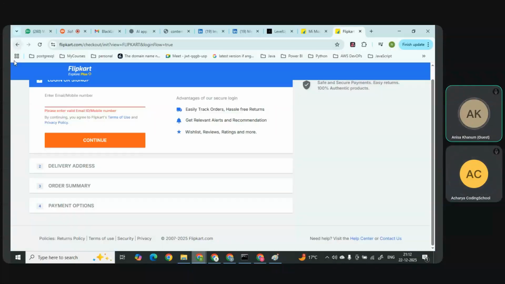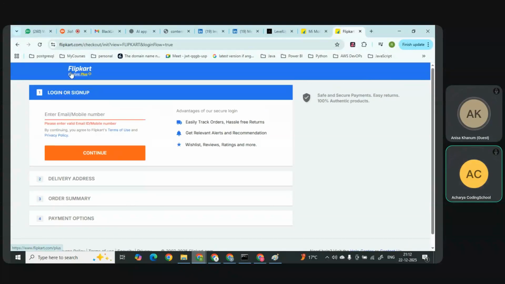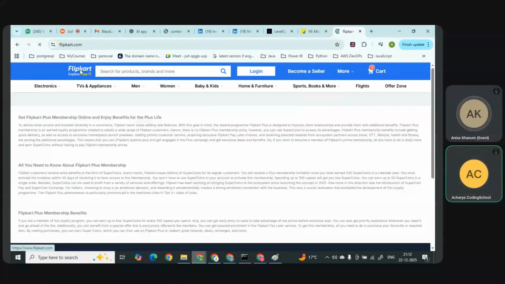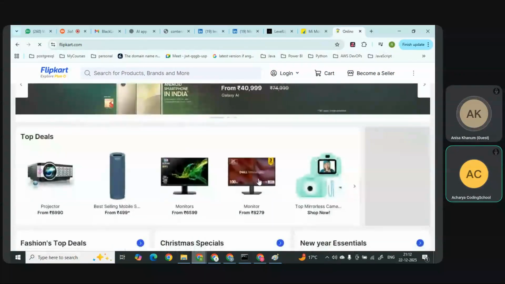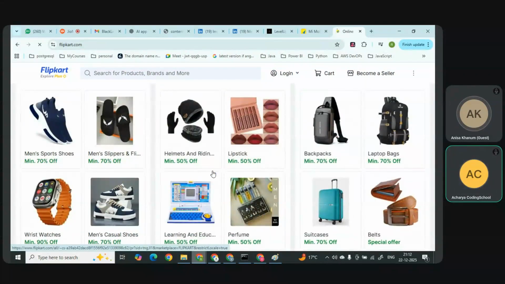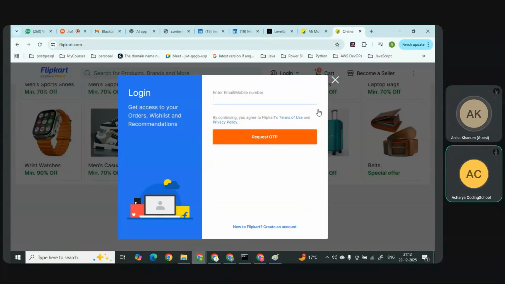In Flipkart, you have a blue background, white color, some orange text, and a lot of UI. Everything you are seeing in the front end can be developed easily in